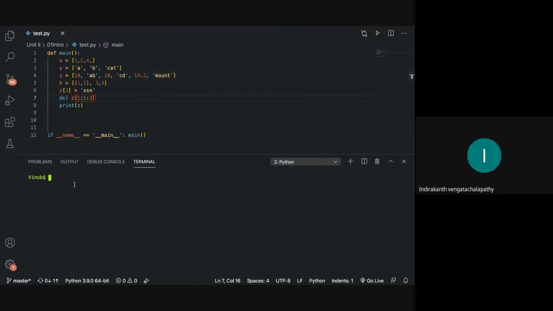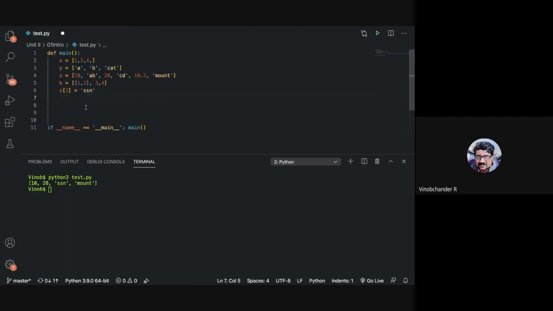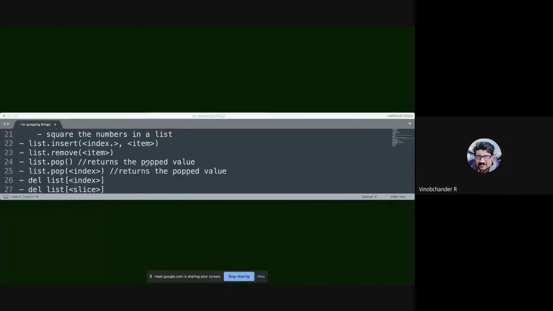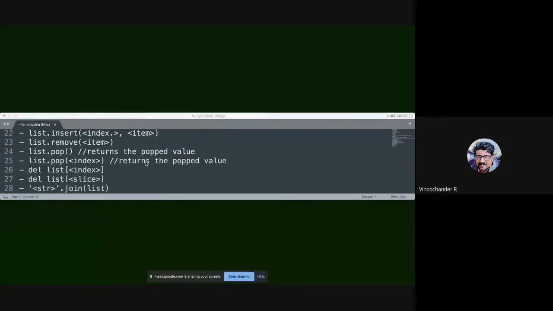AB and 10.2 are gone. So this works on slices as well.